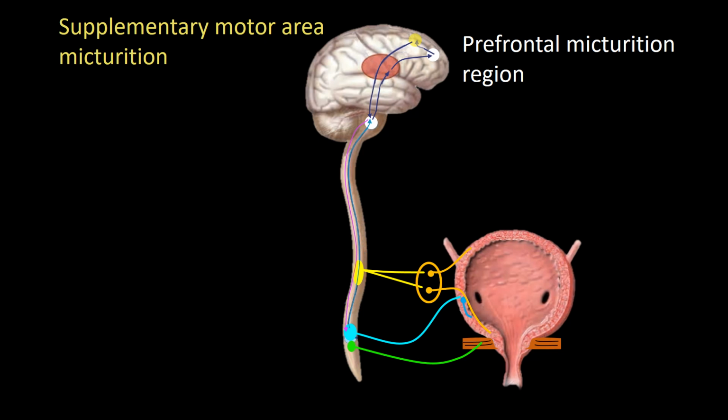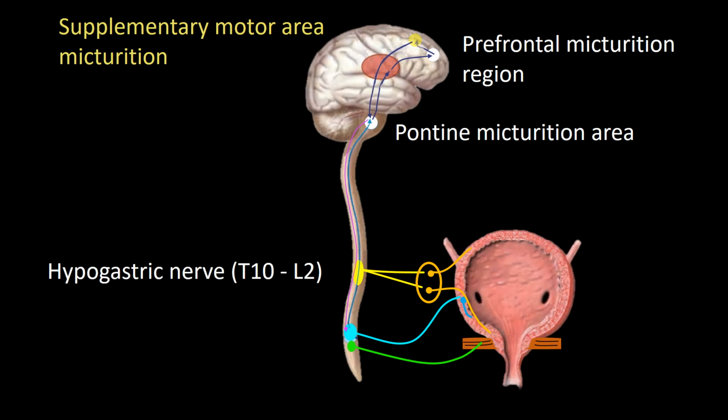The two brain centers form a polysynaptic circuit with the pontine micturition area. The pontine micturition area also forms a polysynaptic loop with the caudal structures, which ultimately control bladder function, by way of sympathetic neurons at the level of T10 and L2, and the sacral micturition area, which hosts parasympathetic and somatic neurons. A lesion in the brain, as indicated by the cross, the alleged site of involvement with normal pressure hydrocephalus,